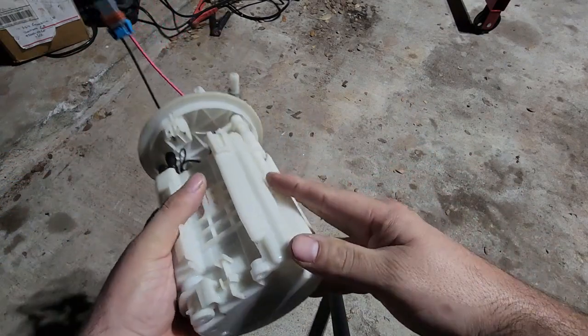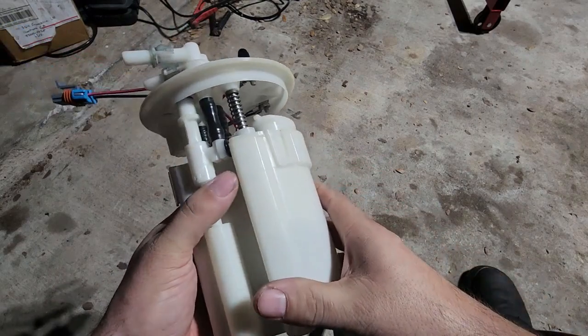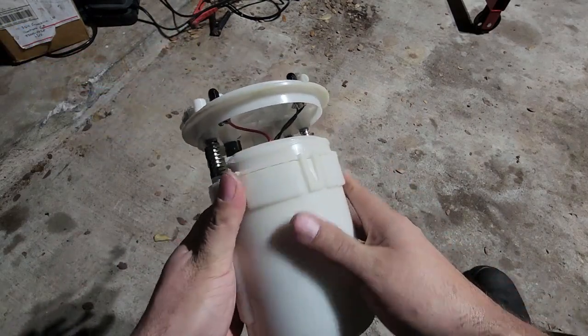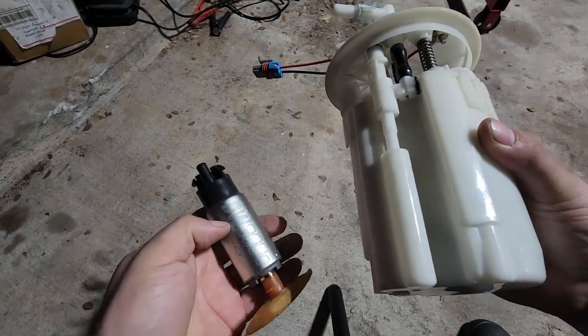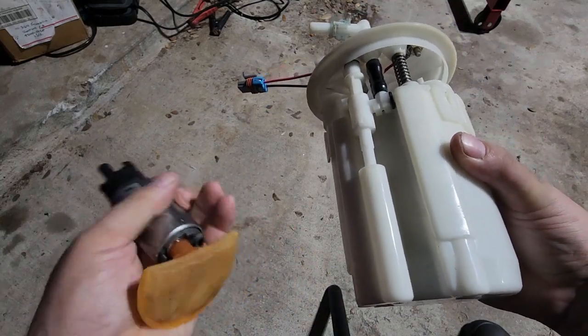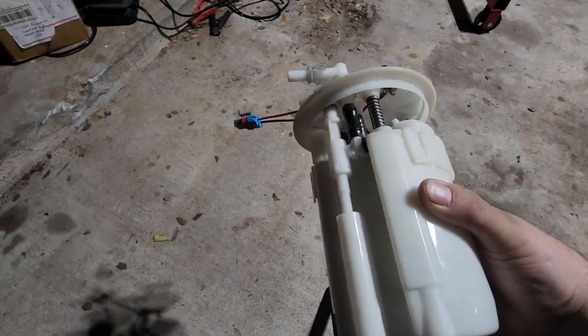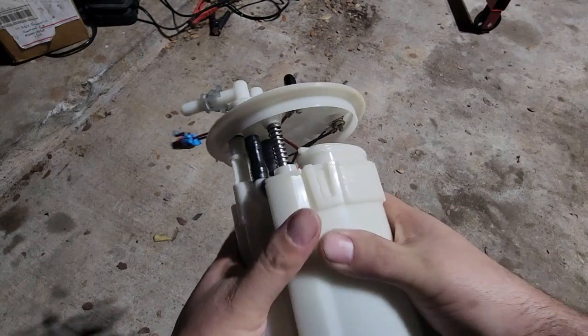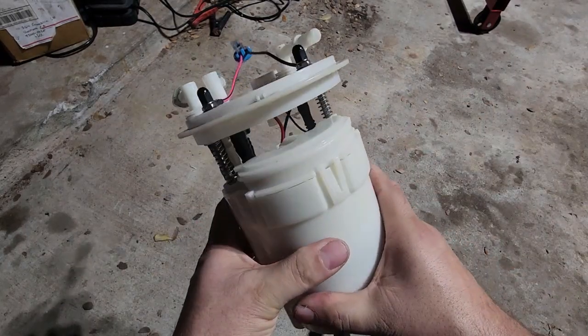Yeah, if you have any questions, let me know. I don't mind answering anything. Like I said, this is not 100% drop-in replaceable like the traditional Dietzworks AEMs. They clip in, you got your sock, and there's 100% OEM functionality. This is not going to have the sock on it, obviously,